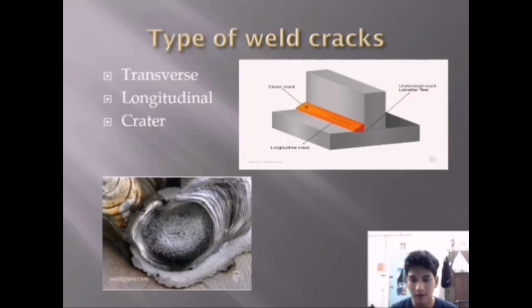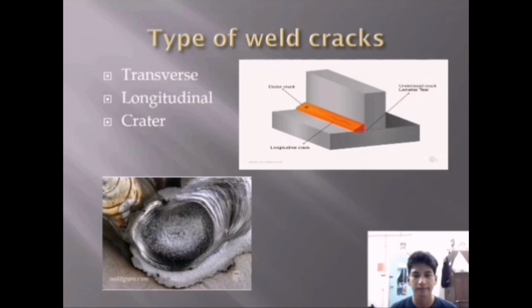As you can see in the diagram, the crack runs horizontally along the weld. And the third one is crater cracks. These cracks usually happen at the end of the weld pool, and as you can see, that's how it looks